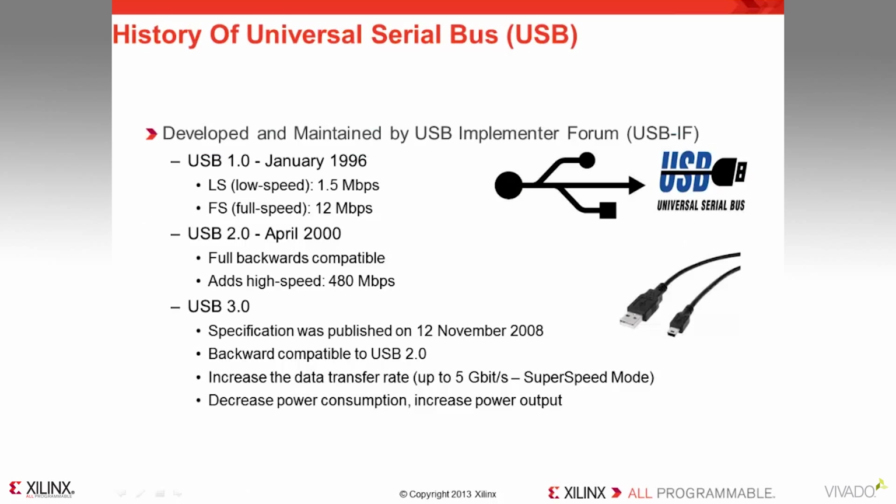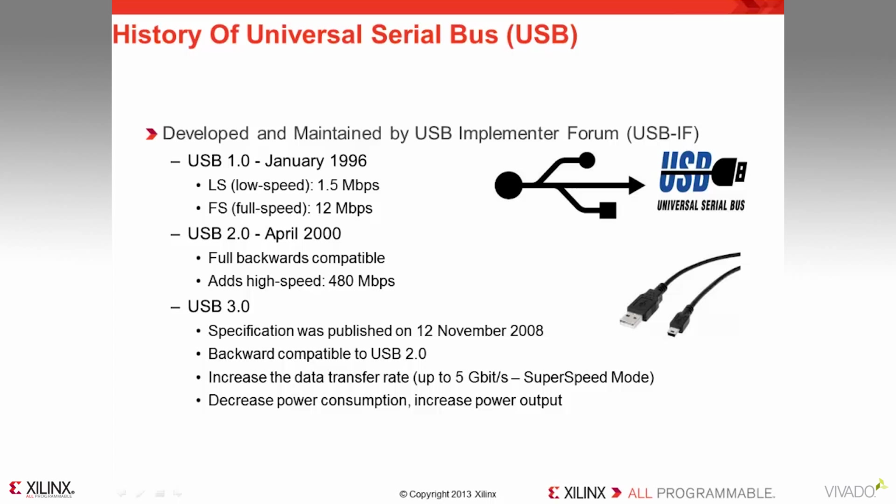Let's talk about a little bit of history of USB, which is Universal Serial Bus. The standard itself is developed and maintained by USB Implementers Forum, USB-IF. The first version of it was published in January 1996, supporting low speed 1.5 Mbps and full speed 12 Mbps. It was subsequently followed by the USB 2.0 standard in April 2000, which is backward compatible and adds a